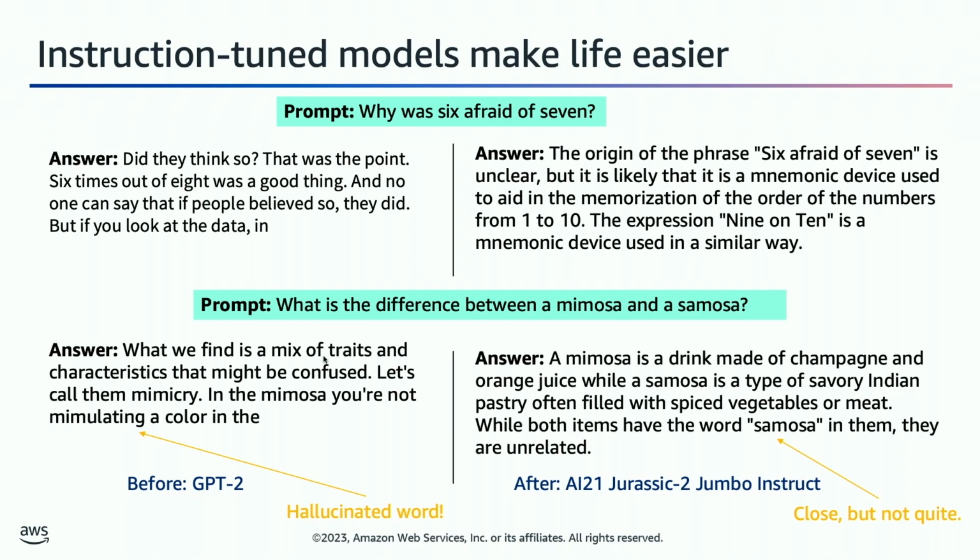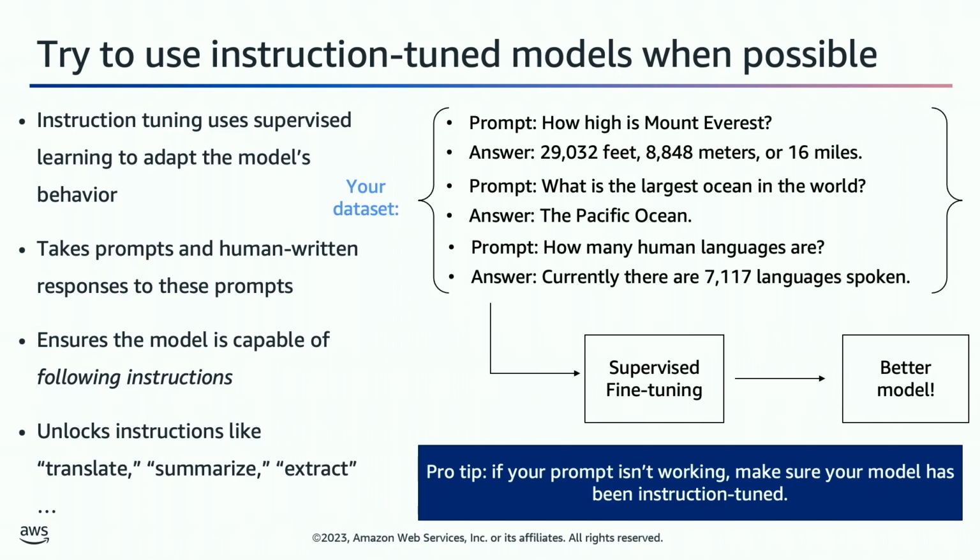And so part of this difference comes from the model just being larger, right? AI-21 is just larger than GPT-2, but it also has to do with the instruction fine-tuning, and that makes the model respond much more quickly. So generally, try to use instruction-tuned models. I'm saying this because when you start with your prompt engineering, you want to understand the model you're working with. You want to know what model it is, where it's coming from, has it been instruction fine-tuned? And if your prompt is just wildly off, then go make sure that your model has been instruction fine-tuned.